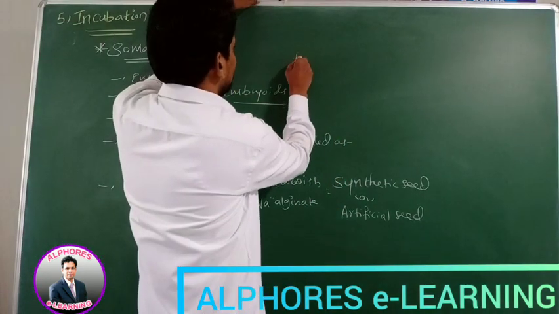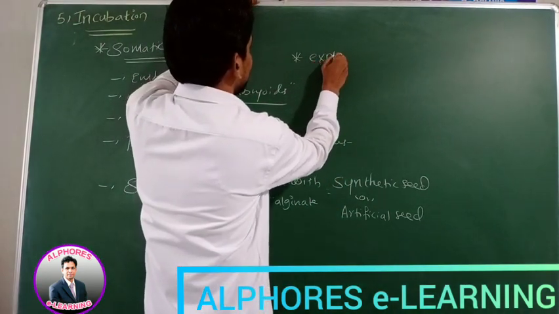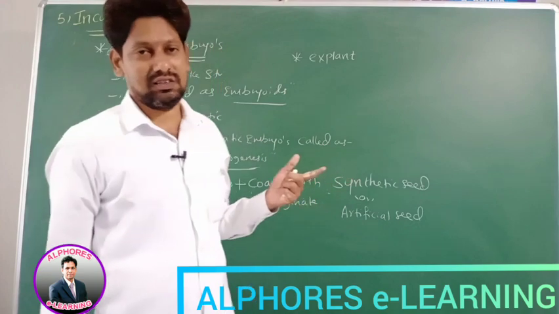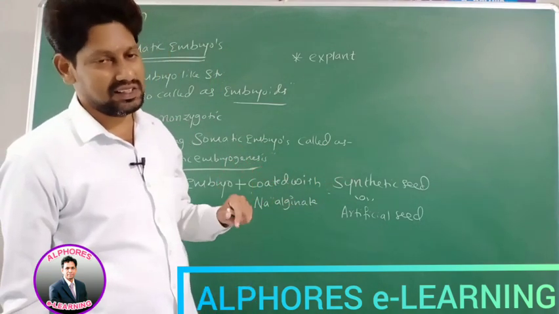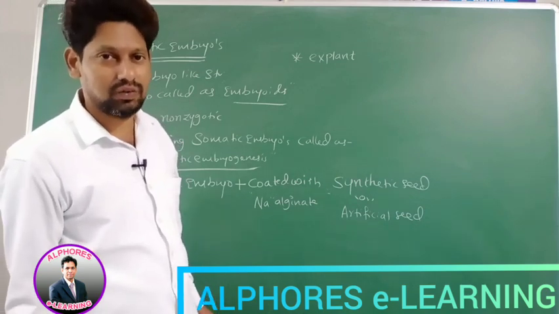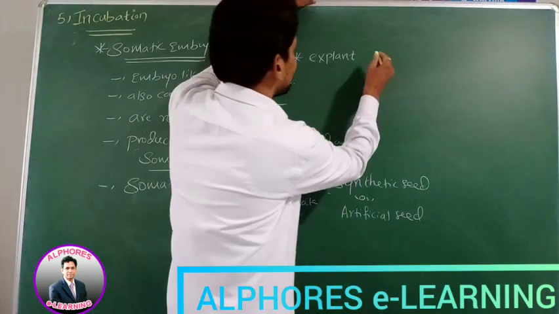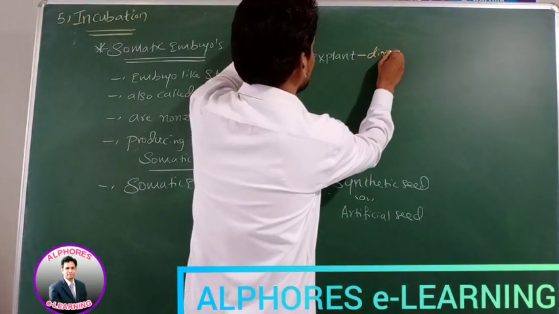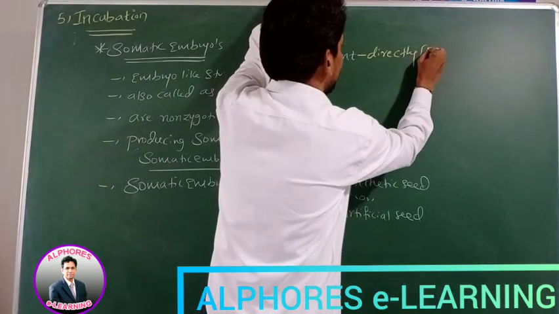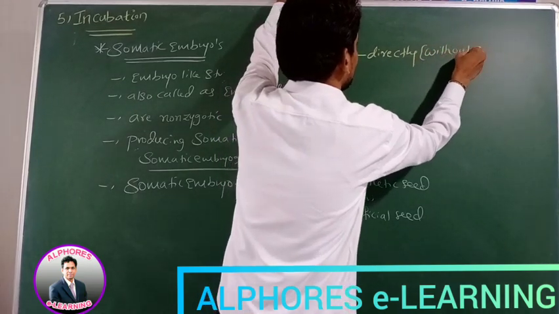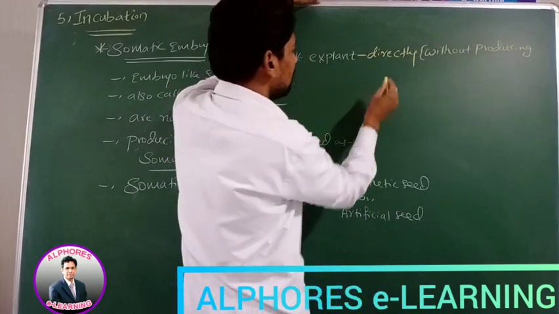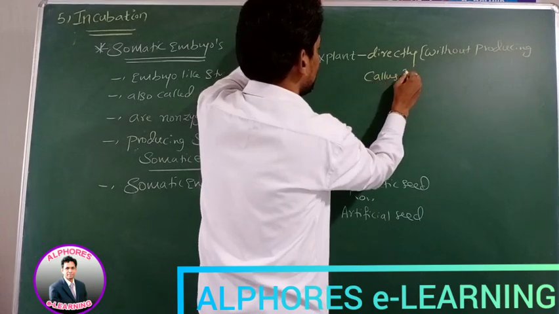Now listen to this statement. First we take an explant. The explant produces callus. From that callus we get plantlets. Yes or no? Now listen to this statement. The explant can directly, without producing callus,